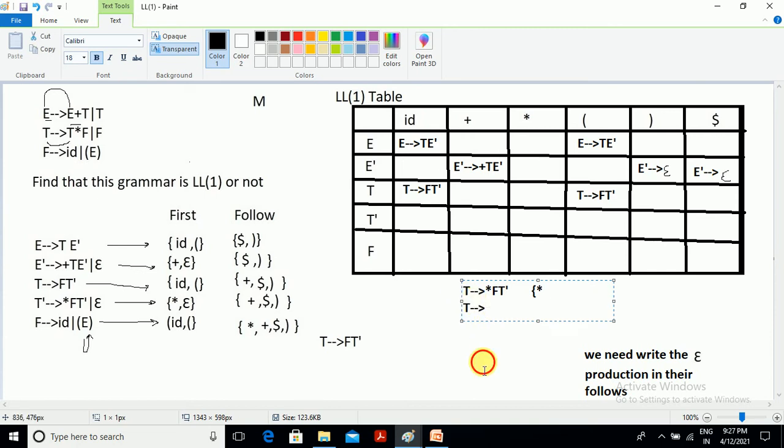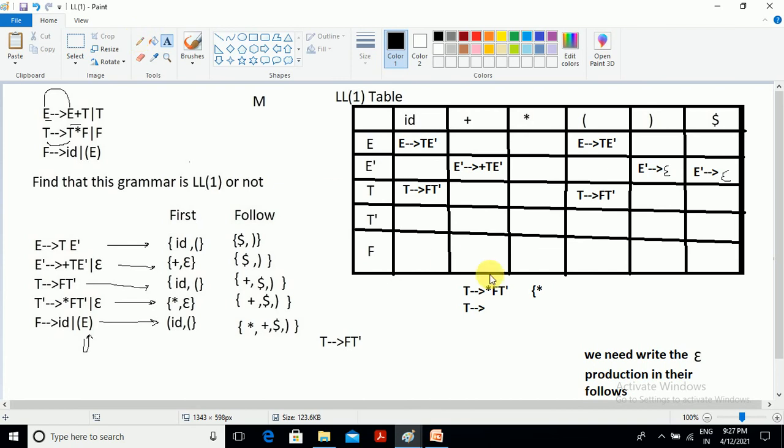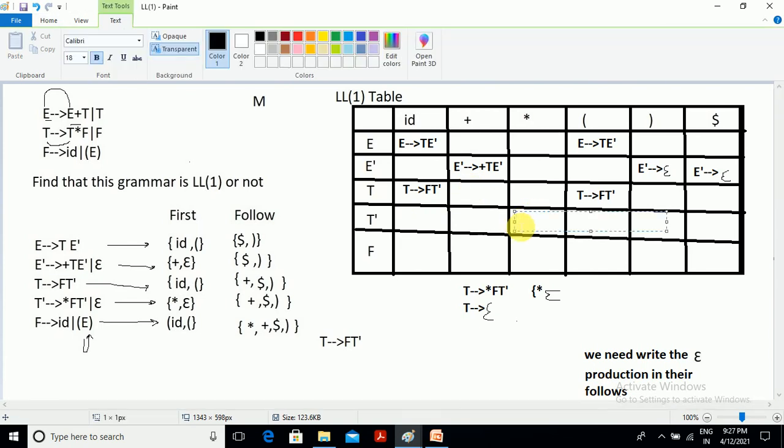Based on this production we find another first as epsilon. So in the column of star we need to fill the star-based production, the production which is deriving star as a first. That production we need to write in the star column: star FT dash, T dash.